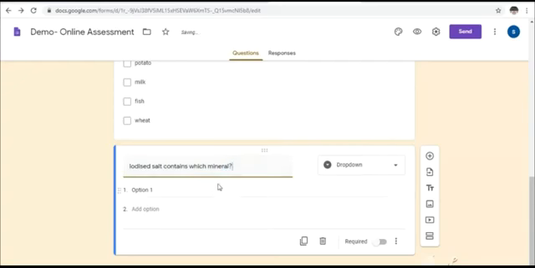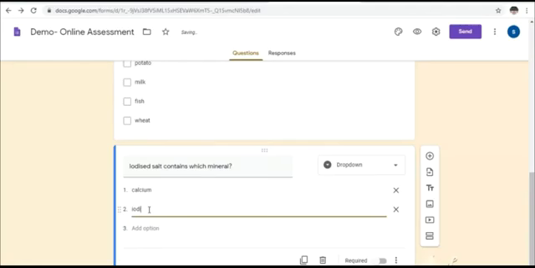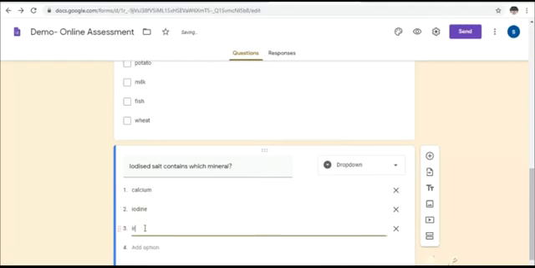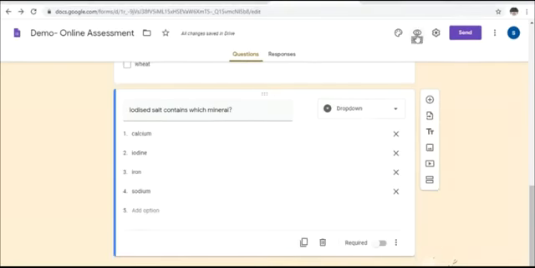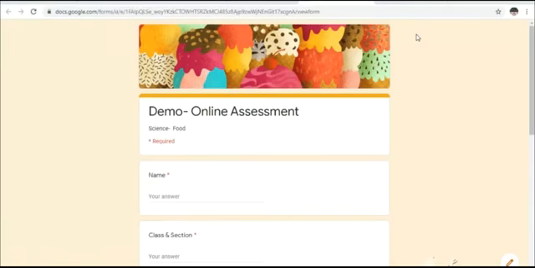So for this, I take the options as calcium, iodine, iron, sodium. Whatever I did, let me check the preview.